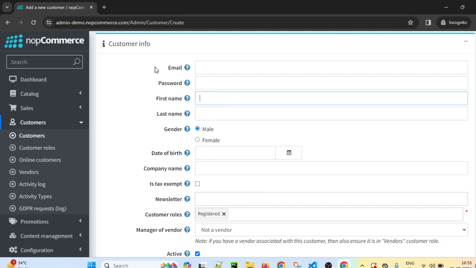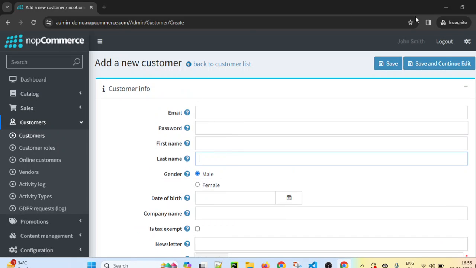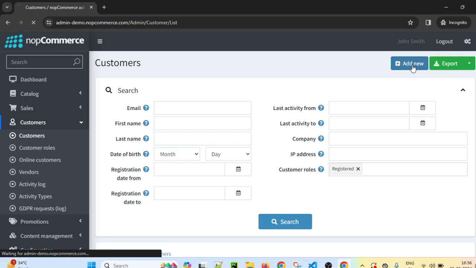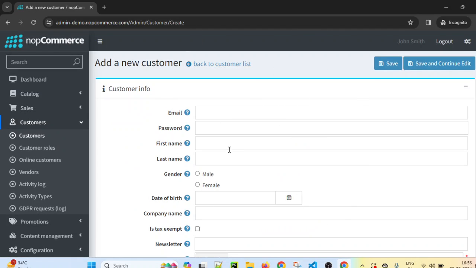Along with that, we have to create methods in our page object. For example, enter email, enter password, enter first name, enter last name. All these methods will be present in that base page. But before that, we also have to select customers. After selecting customers, we have to select the customers sub option. Then we have to click on add new. If you see in customers, we have to select add new customer, and then we will land on this page.